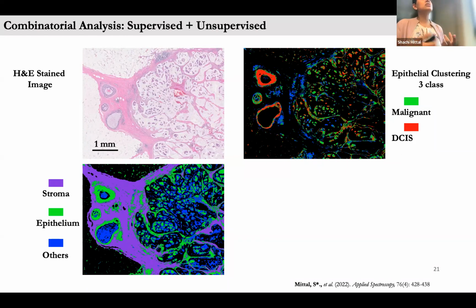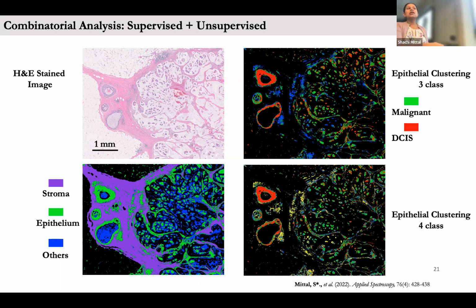And what we immediately could see was the clinician told us that on the left-hand side of this image, we have stage 0 cells, and all the cells on the right-hand side are basically invasive or advanced stage disease. But there is some mixed cells that it was able to find out. And if we increase the number of clusters, again, we see that myxoid group. So we can use this to extract pixels that are actually pure in the infrared domain, which would really help us train these supervised models even with higher accuracy than having to just rely on morphology. So here we kind of showed how using supervised and unsupervised learning combined together can inform our models in a